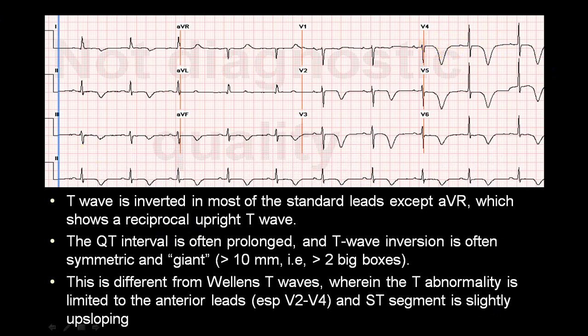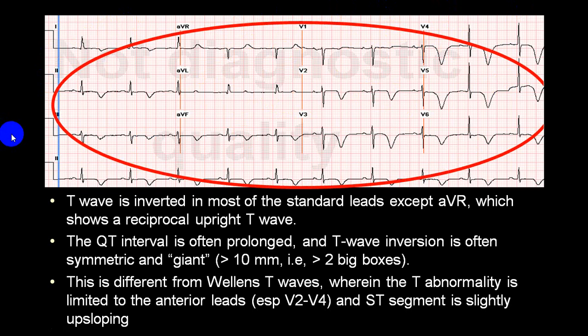Now, if you see T wave changes in V2, V3, V4, V5, V6, plus lead 1, lead 2, lead 3, AVF, except AVR and AVL. What has happened in AVR? The T wave has become upright. It is in the opposite direction. This is also in favor of T wave changes. So whenever you get, except AVL, all leads showing you T wave changes, this is called global T wave changes.